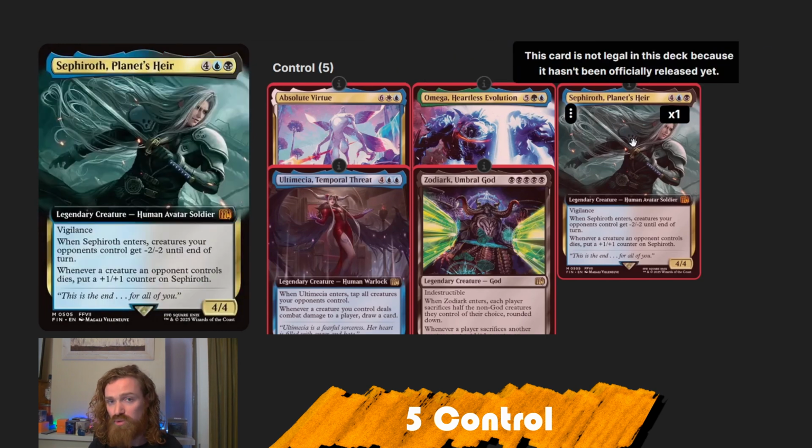Sephiroth is the kind of control that you would expect in mono black, because when it enters, creatures opponents control get -2/-2, and whenever a creature an opponent controls dies, put a +1/+1 counter on Sephiroth. And of course, the reason you're going to build this deck is just Sephiroth and all his flavor in all of the games,